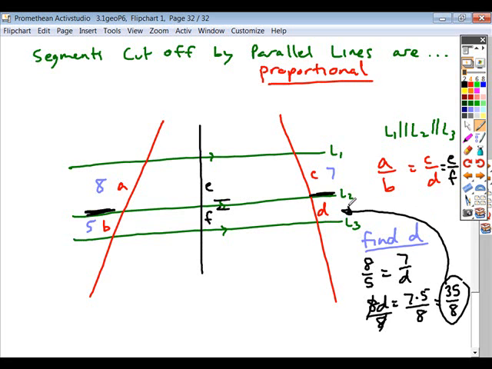Okay, so E and F would have the same ratio, 8 over 5. So if we made this, again, with easy numbers to work with, if E was 4, what would F have to be? The ratio of 8 over 5 is equal to 4 over what? Now, to get from 8 to 4, you do what? Divide by 2. So to get from 5 to F, you divide by 2. So you'd get 5 halves, or 2.5 would be your